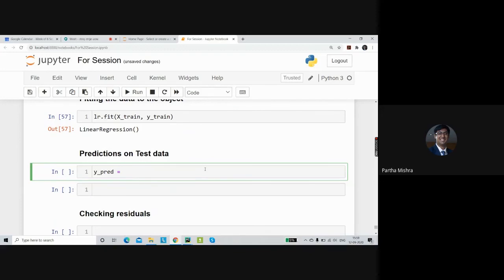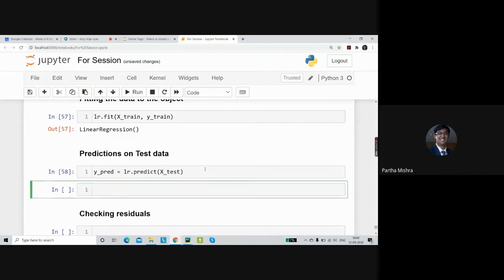All you have to do is lr dot predict, and inside this, the only thing you have to pass is X test. Because we have to pass the x variables into the equation, and using the values of x, it is going to predict the y value from the equation that it has built from the training data. Now if we run this, we would have the predicted values with us.